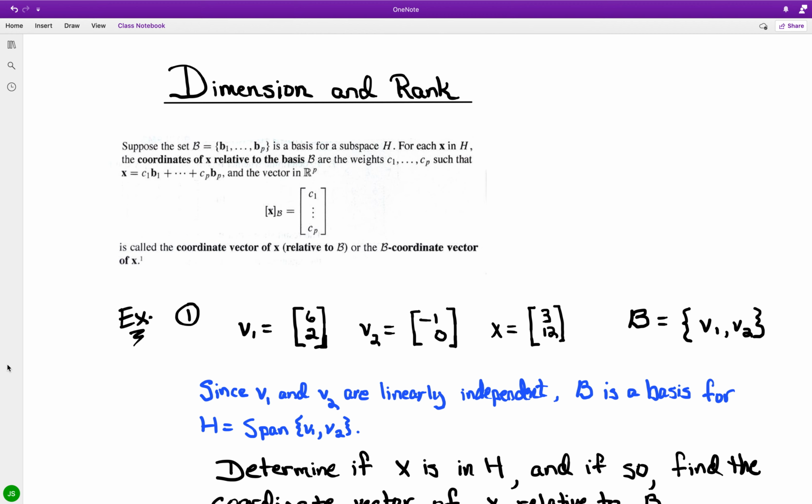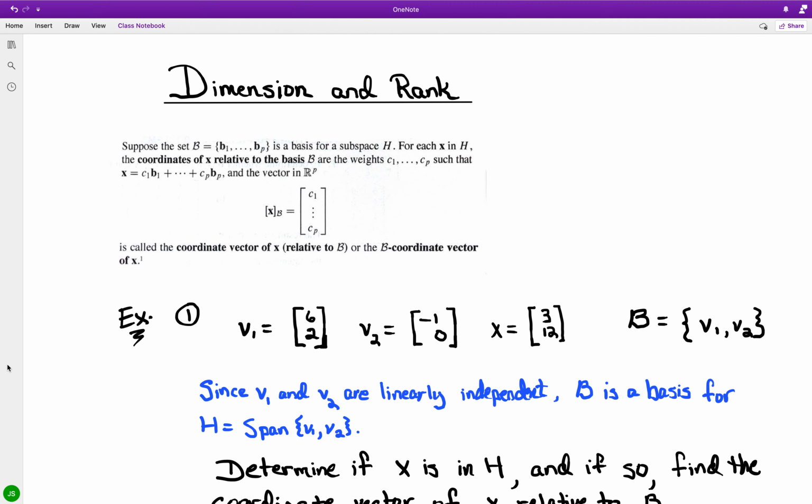Okay, for this section we have dimension and rank, starting out. You have a set B, where among the elements you have b_1 going out to b_p, and this is going to be a basis for a subspace H. For each x in H, the coordinates of x relative to the basis B are the weights c_1 all the way out to c_p,